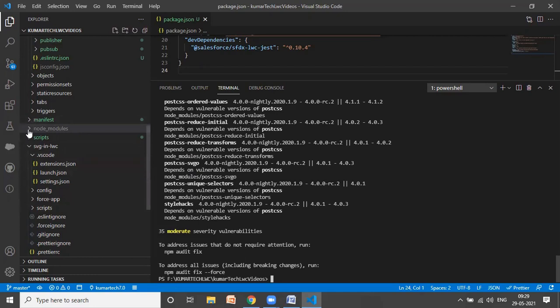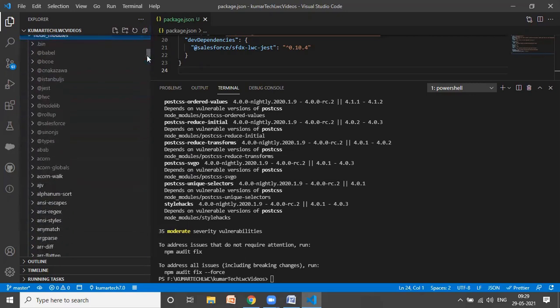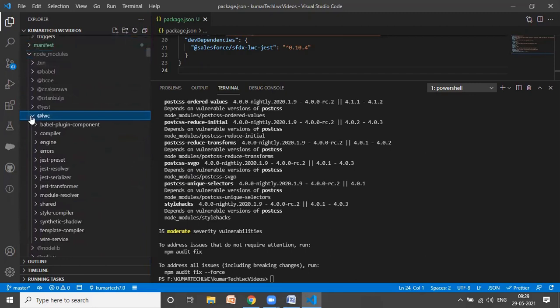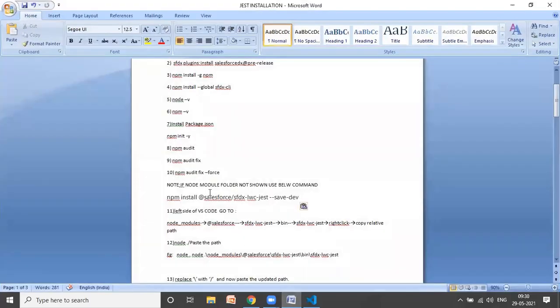So now the next step is we need to go to node_modules. Now you need to choose the path. Ours is Salesforce, right? So let me go here. Okay, LWC. No, not this one. We need to go here. Module Salesforce.